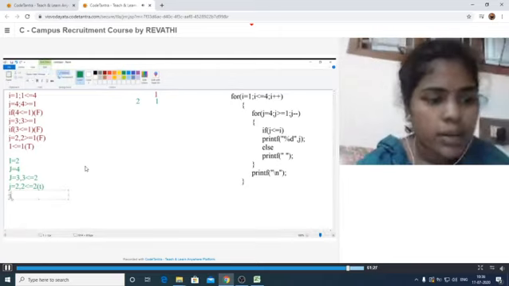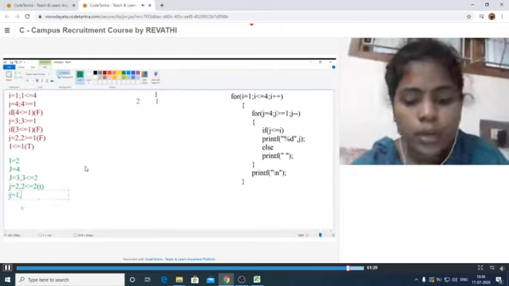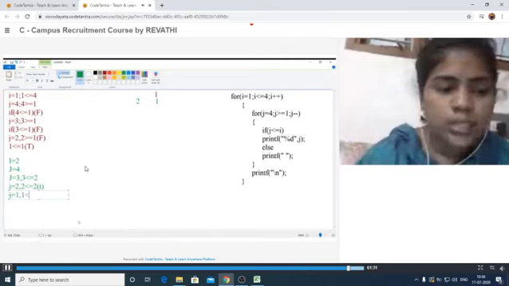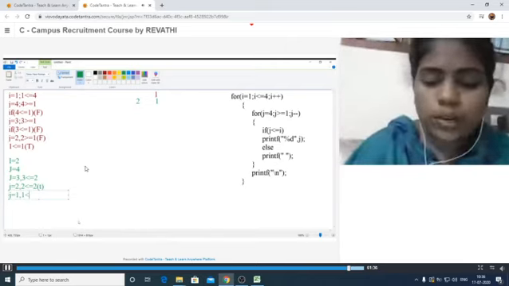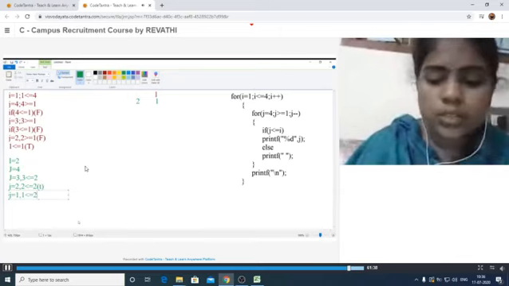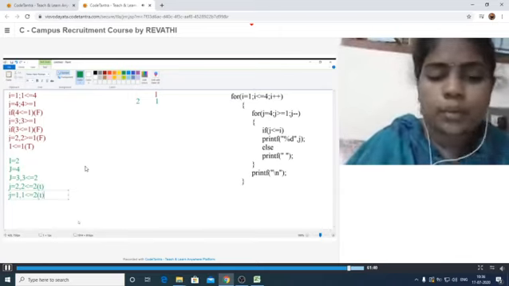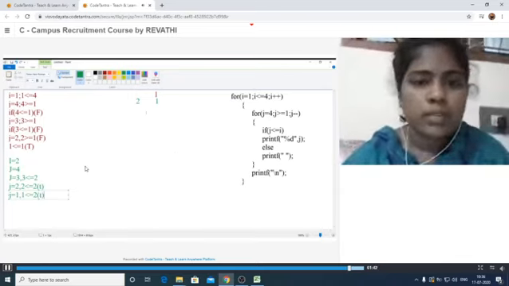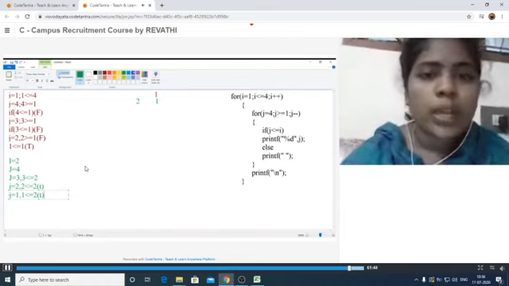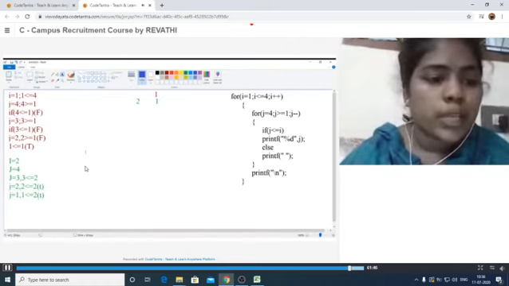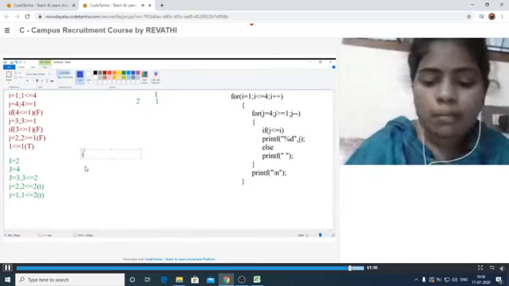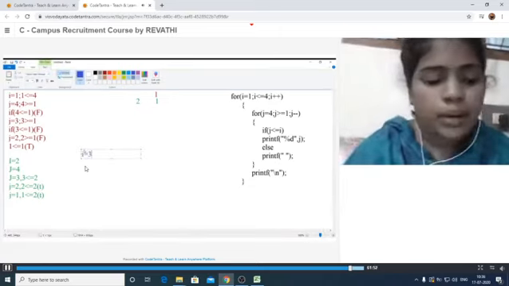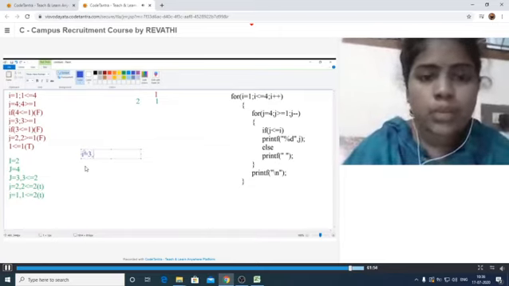That is j = 1. Again, 1 less than or equal to 2. What is the i value here? 2. Okay, 1 less than or equal to 2, the condition is true here. That means it prints the j value. The j value is 1 here. Again, we have to check another case. i is incremented by 1. That means i = 3 here.